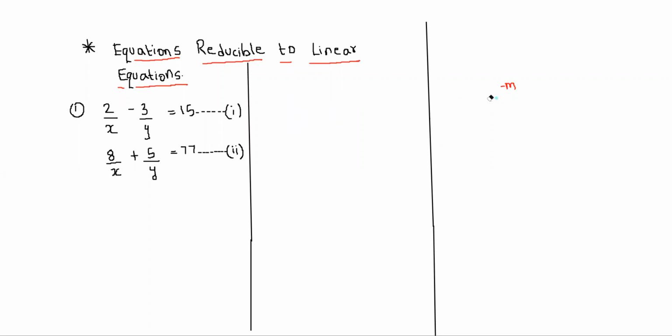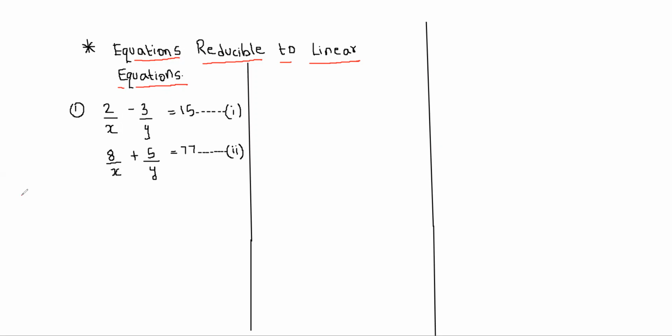So hence we have to convert this equation into a linear form. And that part where we convert is called reducible to linear equation. Now, how to do that, students? We have to look at the denominator of both the equations, equation 1 and equation 2. Here we can see that both the denominators are the same, 1 upon x, and the next variable is also the same, that is 1 upon y.